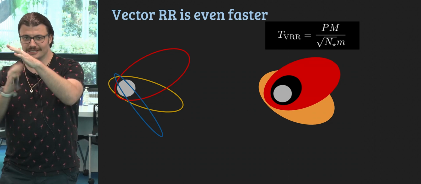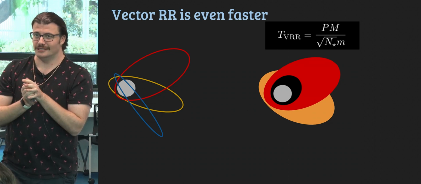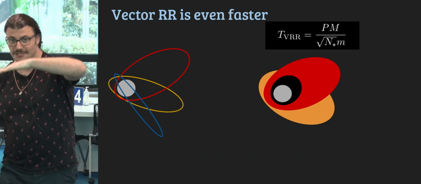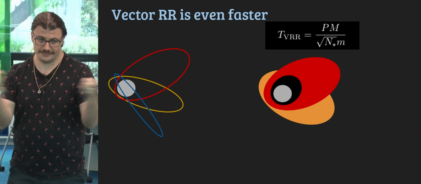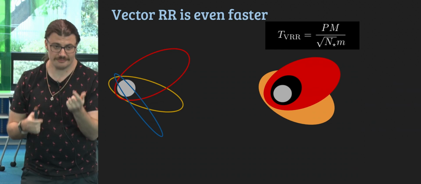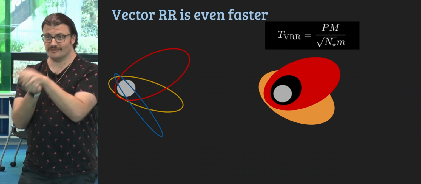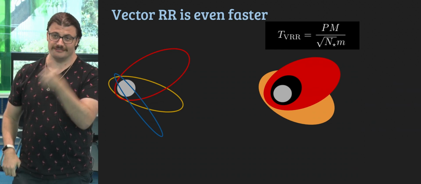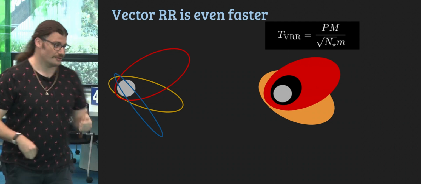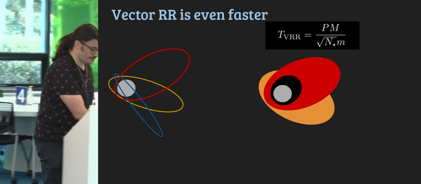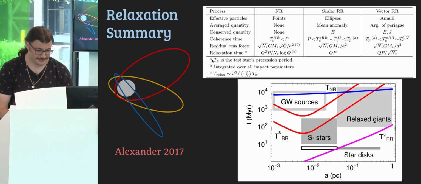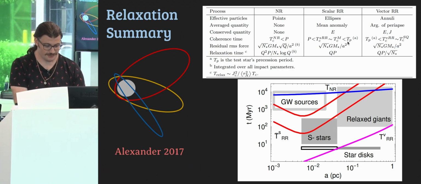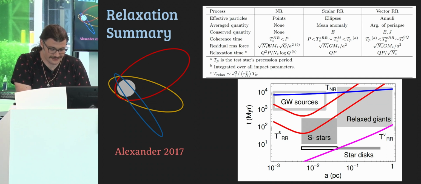And these annuli are going to torque each other again, and they're going to change the orientation of the planes, but they won't change the angular momentum. So they're going to change the direction, but not the magnitude of the angular momentum, and that's sometimes called the vector resonance relaxation, which is faster, but you don't really change too many things. And I think that's a typical table that summarizes what typical timescales we have and different